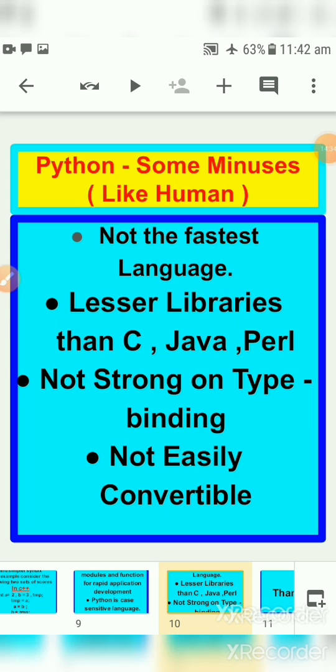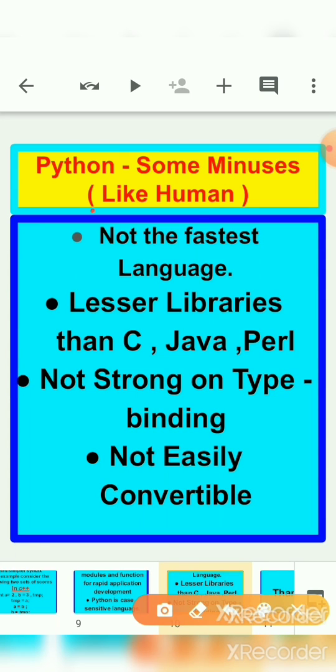Now let's talk about some Python nuances. Nuances means disadvantages. Like a human has advantages and disadvantages too, in the same manner Python also has advantages and disadvantages. The first disadvantage is that it is not the fastest language. Python is an interpreted language, not a fully compiled one.